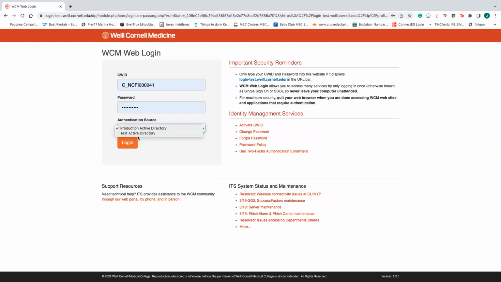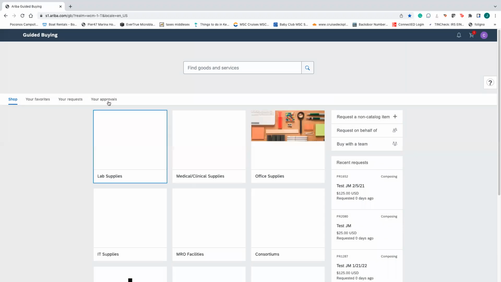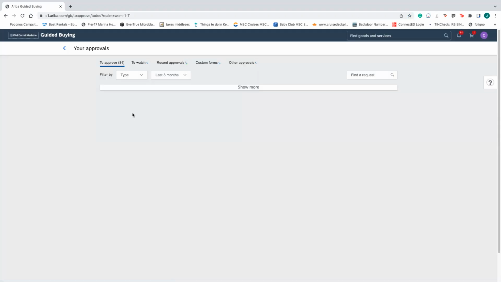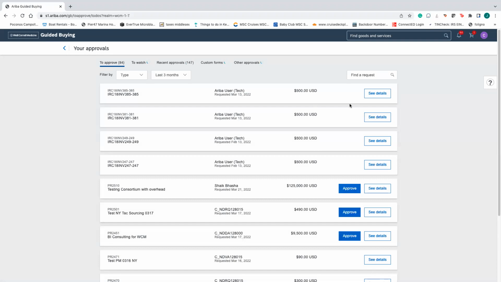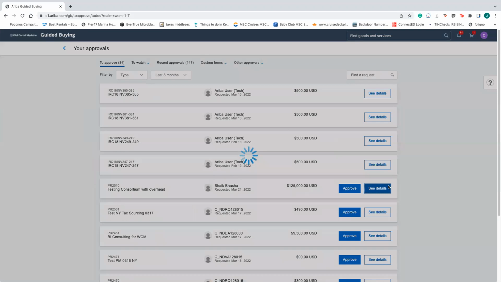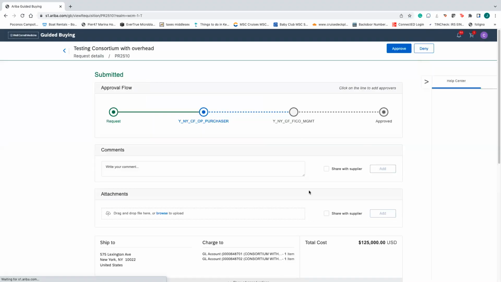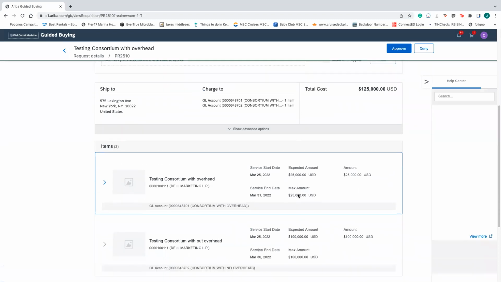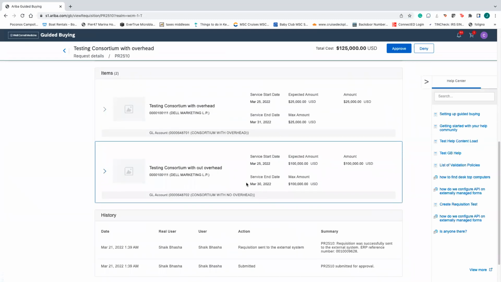I'm gonna log in as purchasing, so that way you can see how the approvals are. So you click on your approvals, and then as you see, you can see details, and then basically you will see all of the line items. So you see the line items,